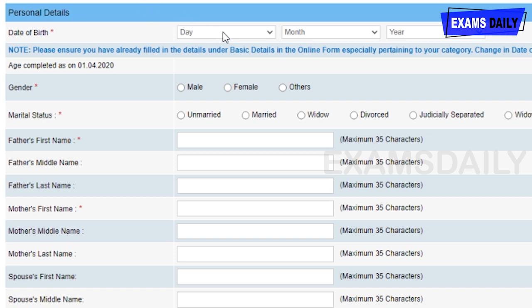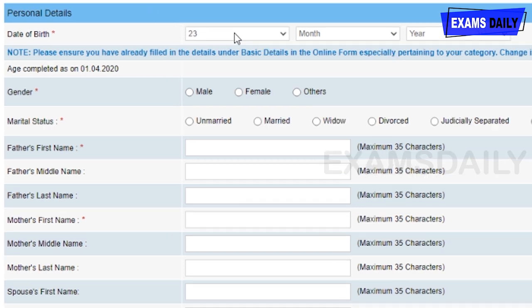And then you want to give your personal details like your date of birth, so yes, I am giving my date of birth. Then it asks for your gender; I am giving female, and you give your gender. And then marital status; I am giving unmarried, so give it according to your status.